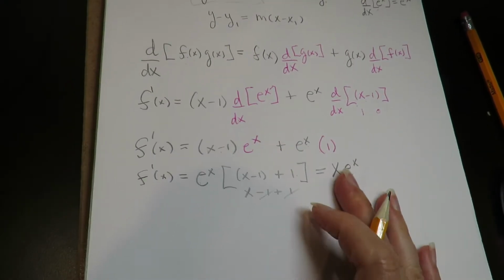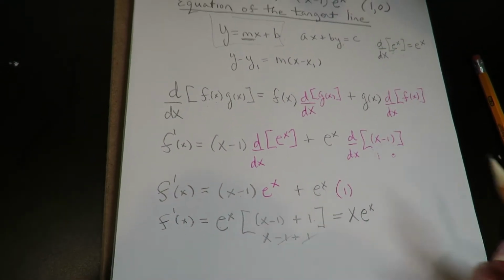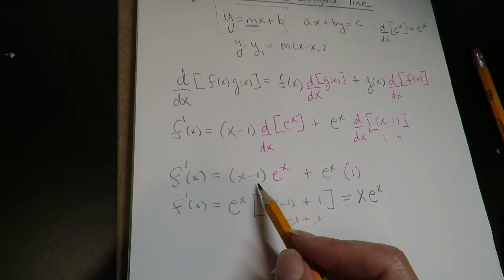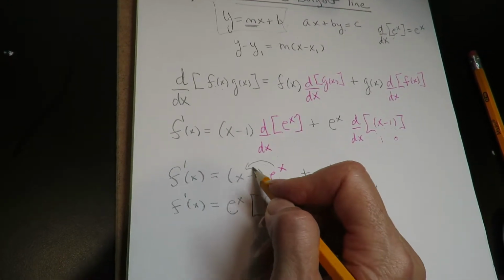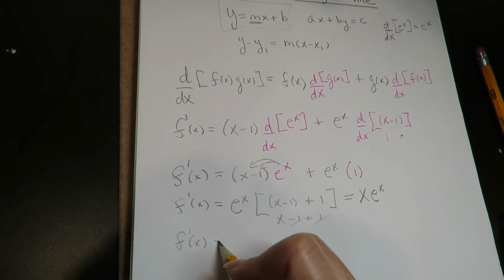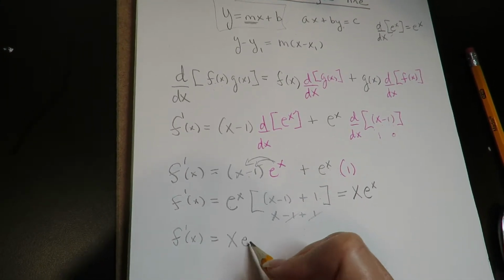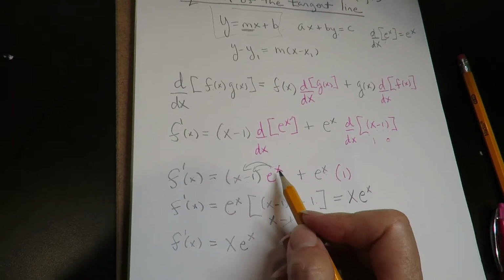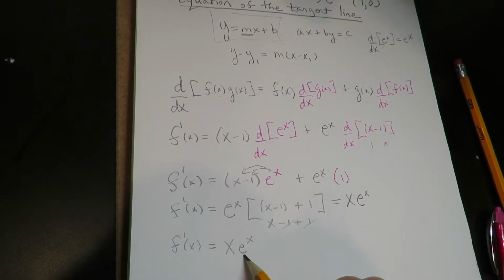Okay, that's one way to simplify this. The other way to simplify this, if you do not like what I just did there, is to distribute the e to the x. Part of learning is to figure out how your brain works and how it likes to think. So e to the x times e to the x is x e to the x,